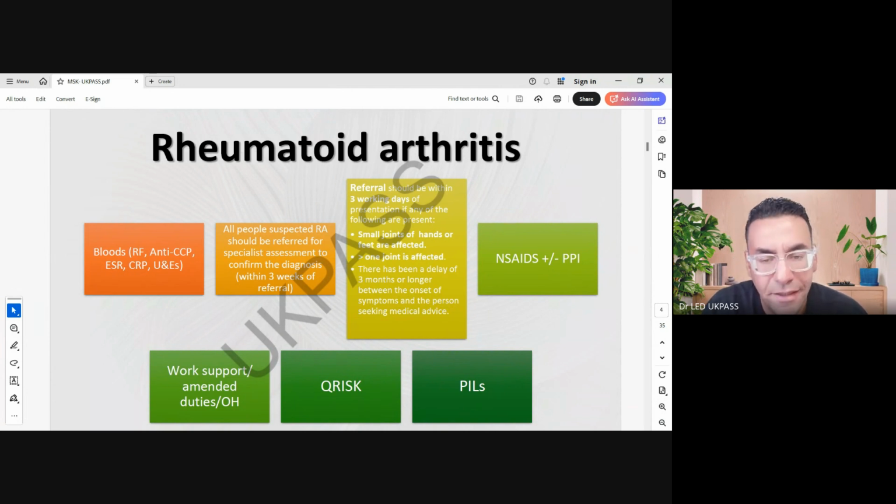How about if the patient has contraindications to NSAIDs? Alternative painkillers such as paracetamol, such as topical ibuprofen. Topical ibuprofen can still be considered even if the patient has kidney disease. If the patient has asthma, I would rather not prescribe NSAIDs at all. Okay, perfect. Yeah, topical, yes, you can still consider that.